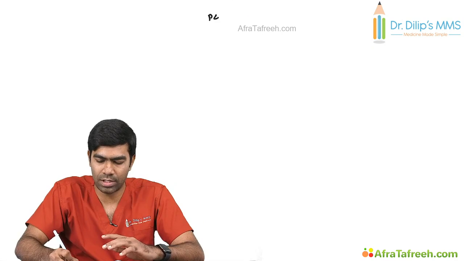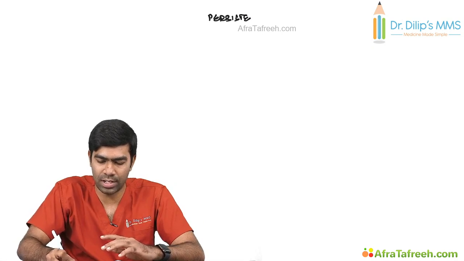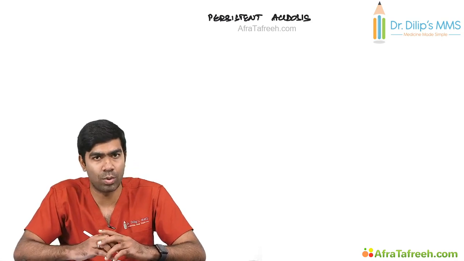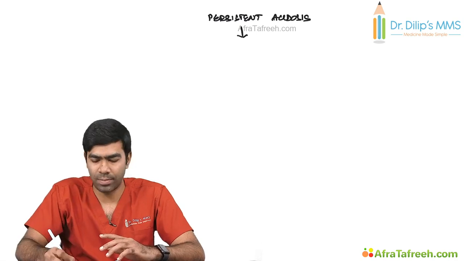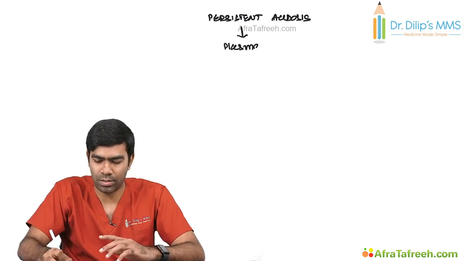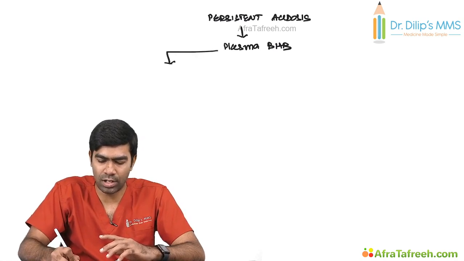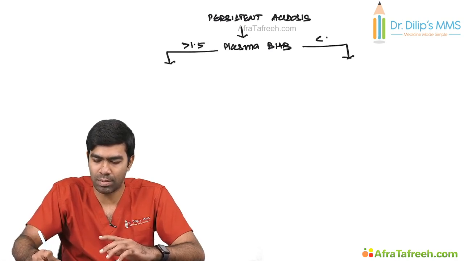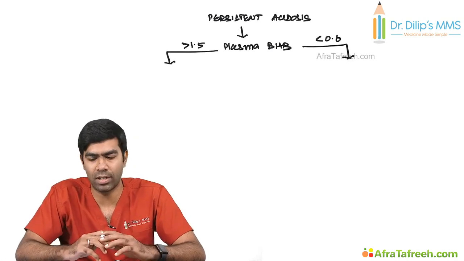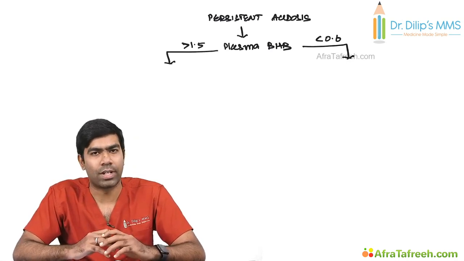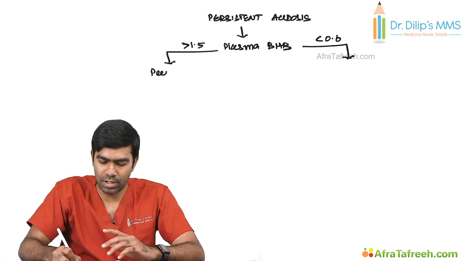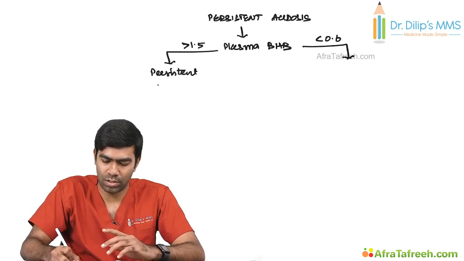So whenever a child with DKA or an adult with DKA has a persistent acidosis that is not resolving beyond 24 hours, then you have to check the ketones first, beta-hydroxybutyrate first. So if the ketones are more than 1.5 or less than 0.6, which means ketones are still elevated or resolved. So if the ketones are still elevated, which means it's persistent ketoacidosis, which clearly means your insulin